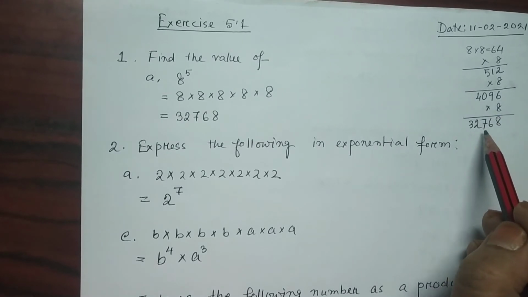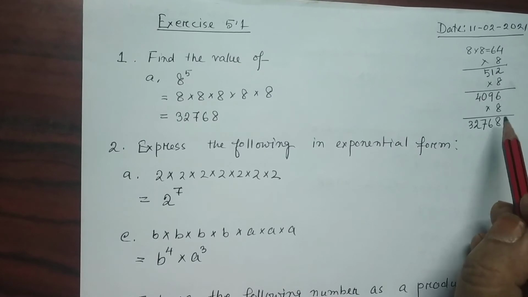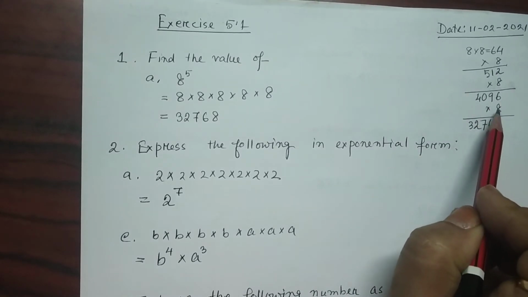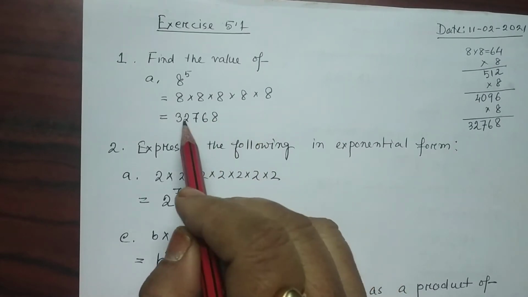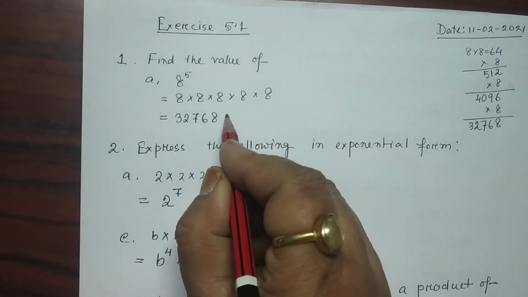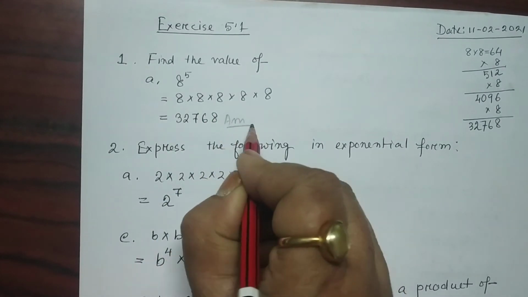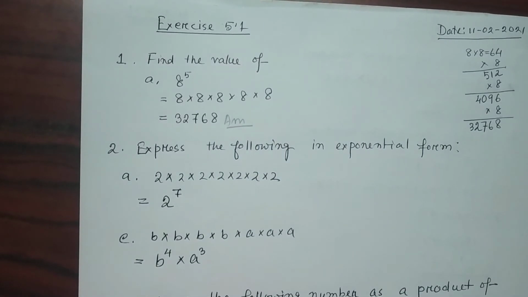will get 32,768. Now we multiply 8 how many times? 1, 2, 3, 4, 5. That's 5 times. Therefore our result will be this one. This one is the answer. Next,